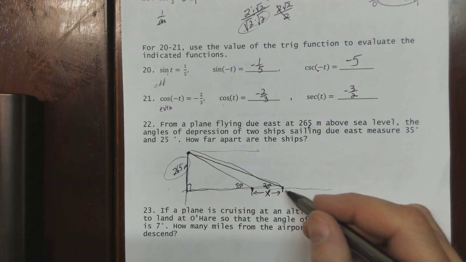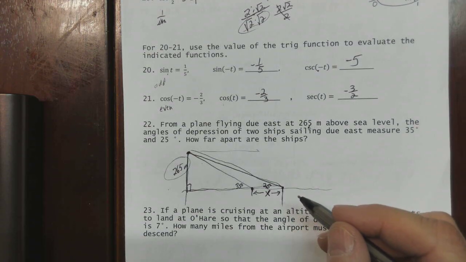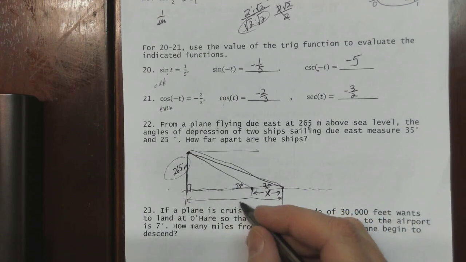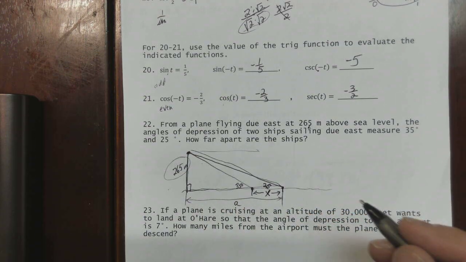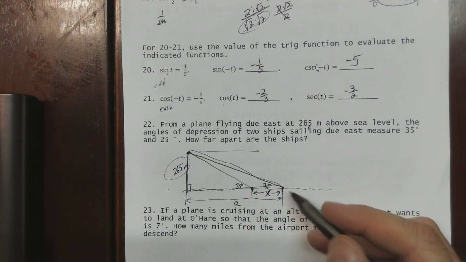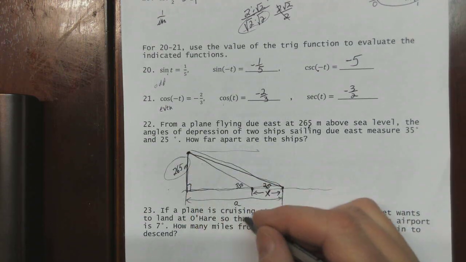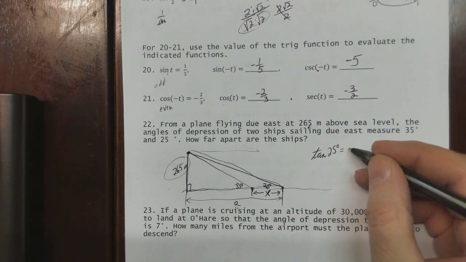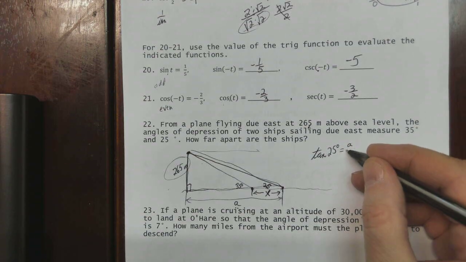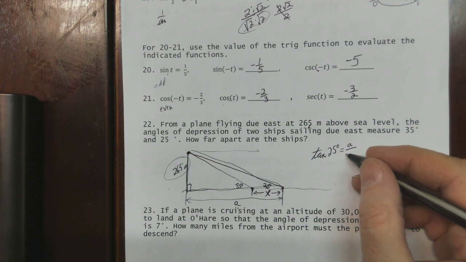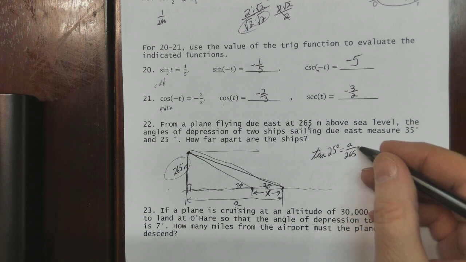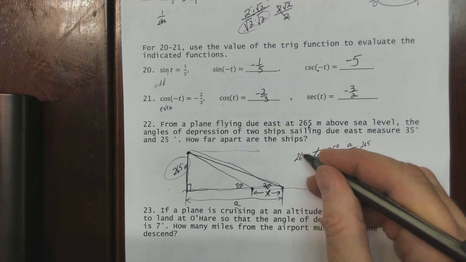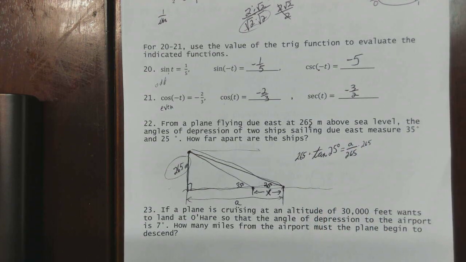And this part I'll just call A. This is opposite and adjacent. A tangent of 25 degrees is equal to A over 265. If I multiply both sides by 265, I get